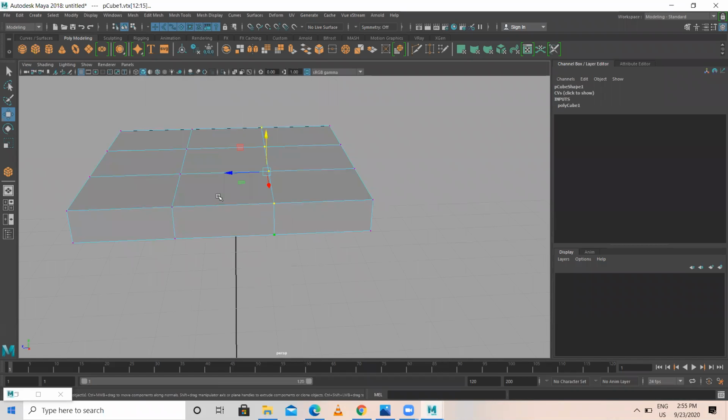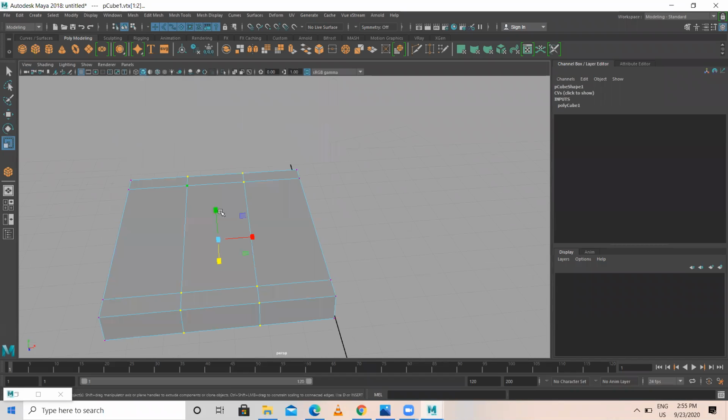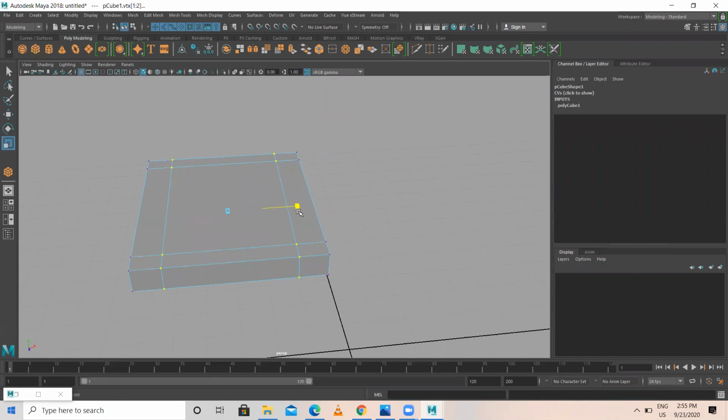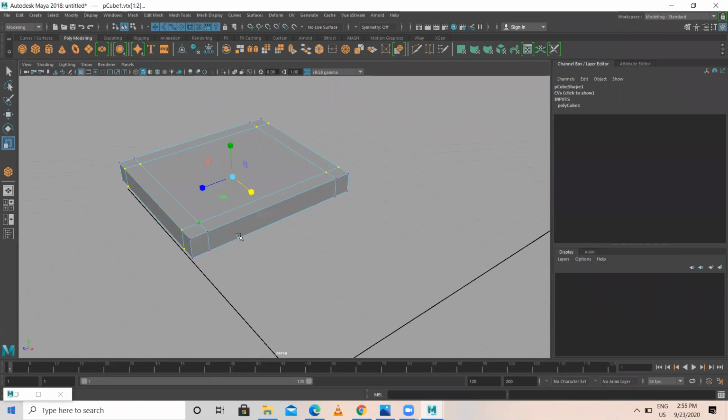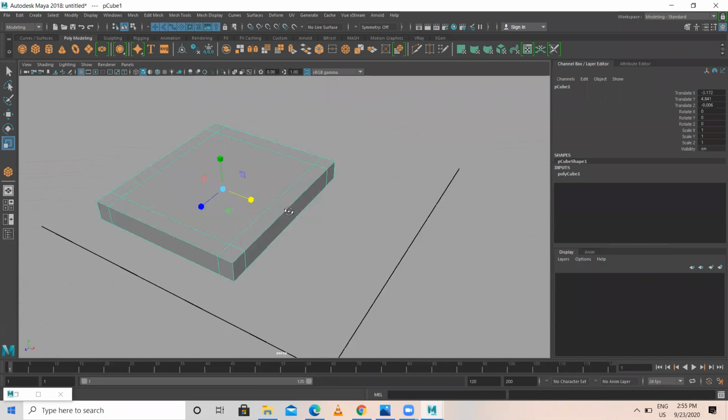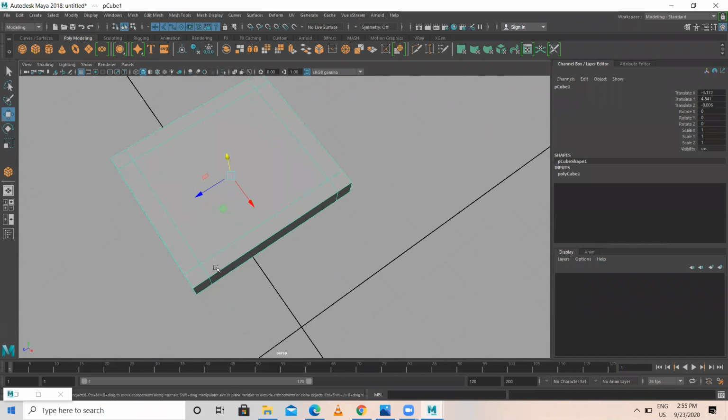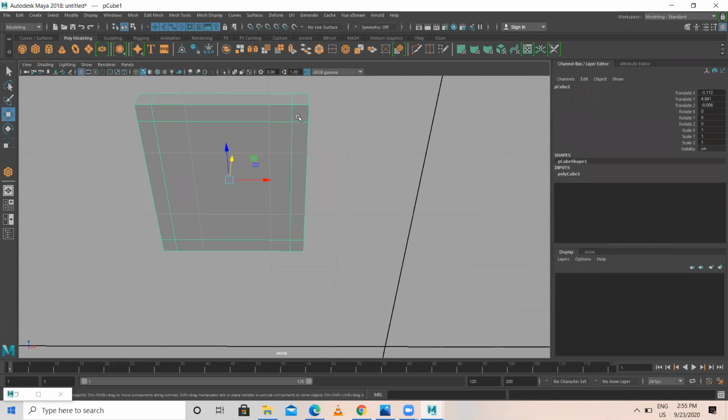Now I'll select both these vertices and move them like this. I'll come over here, select all these vertices, only the middle vertices, and move them like this. Understood? So that I want faces over here. Then I'll select this face, and for multiple selection, you need to hold shift.